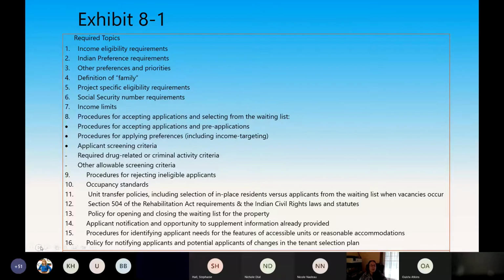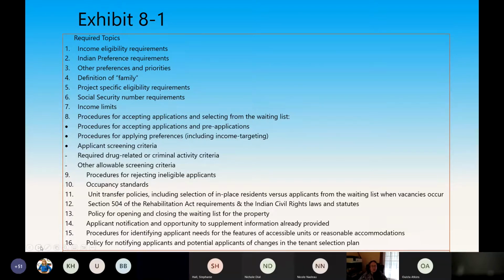So required topics: income eligibility requirements, Indian preference requirements, other preferences and priorities, definition of family, project specific eligibility requirements. If it's an elder project, they have to be 62 or older, whatever you put in place there. Project social security number requirements, income limits, procedures for accepting applications, selection from the waiting list, procedures for accepting applications